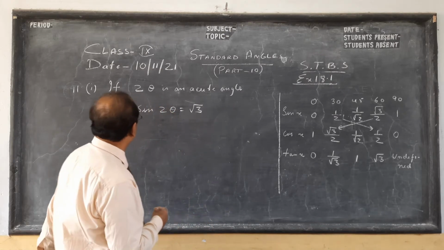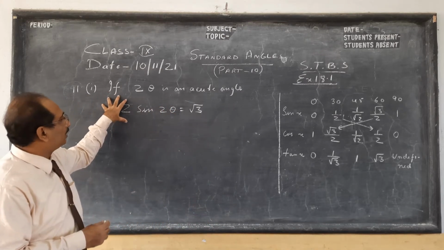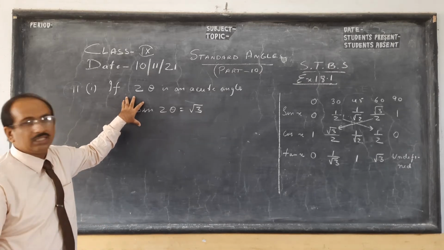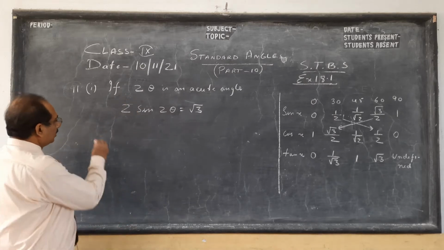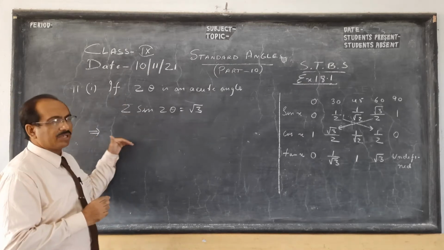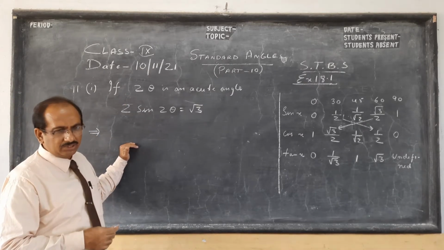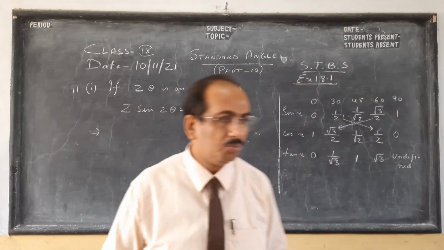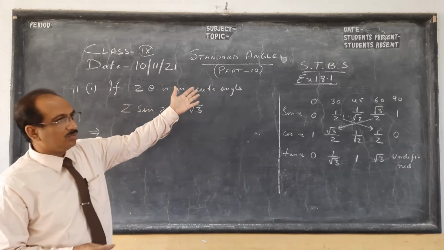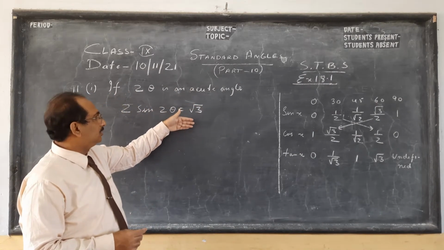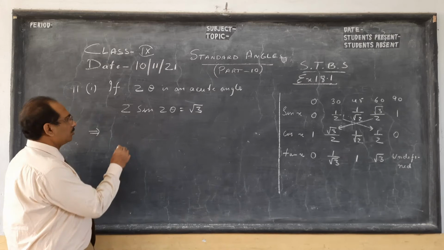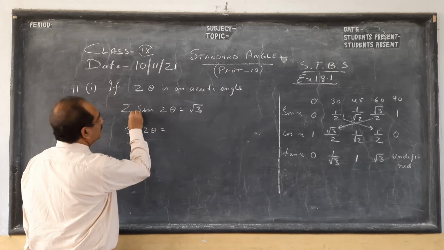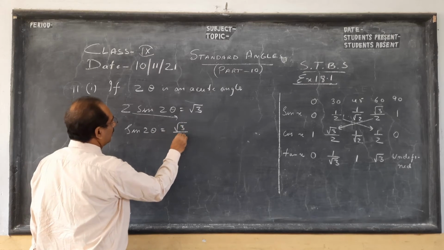So let us start today's lesson. What we have, children, is that 2 theta is an acute angle. Remember, here always all the angles should be less than 90 degrees. So let us solve. We go to a little difficult question, and maybe in my last video we will have one more difficult question. From 9 I am doing a little difficult questions, and 10 will be a little bit more. So sine 2 theta, children, this 2 will go down, root 3 by 2.